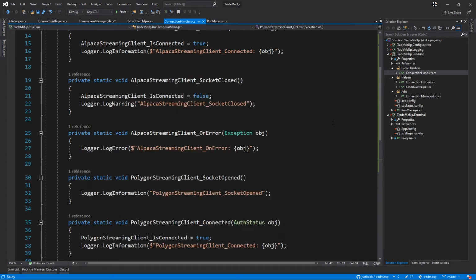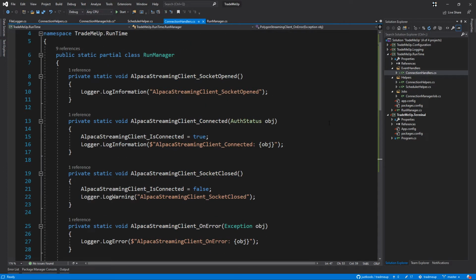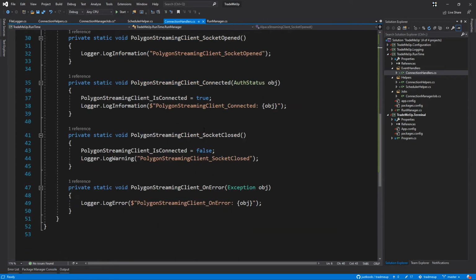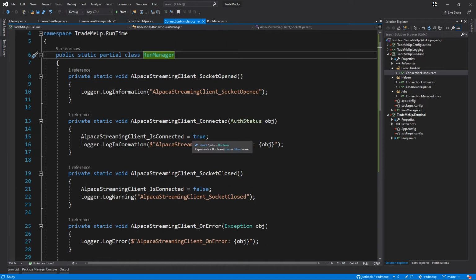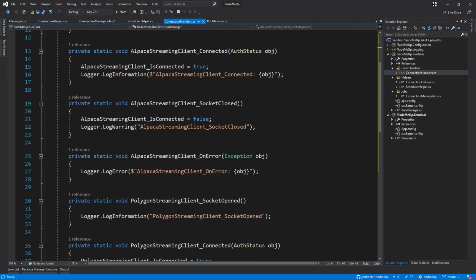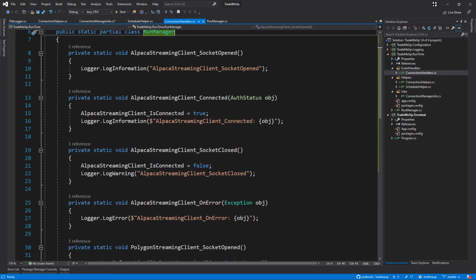Moving over to the connection handlers, we separated these out. These were in the main CS file. Again, I just made it a partial class and I separated it out into a different CS file. These are just extra noise, and they only do a couple lines of code. So I wanted them pieced out from the main CS file so we don't get distracted by them. Basically, all they're doing is handling the callbacks or triggered events from Alpaca or Polygon